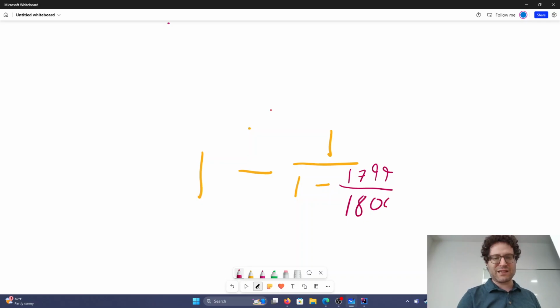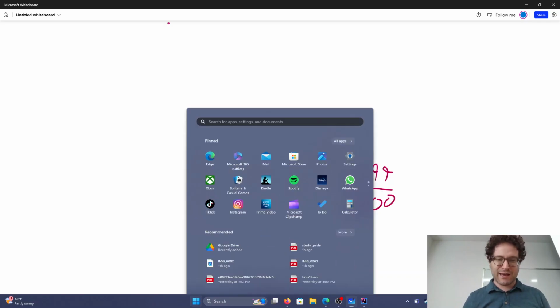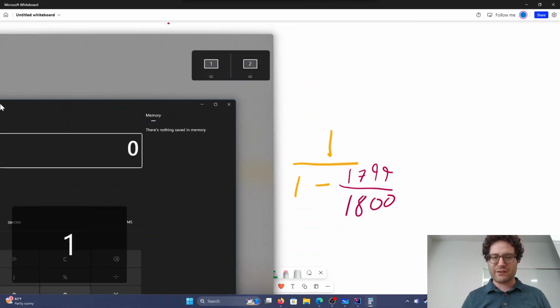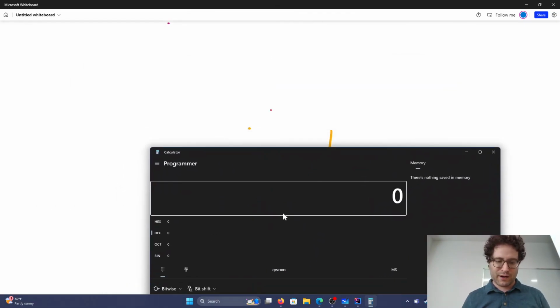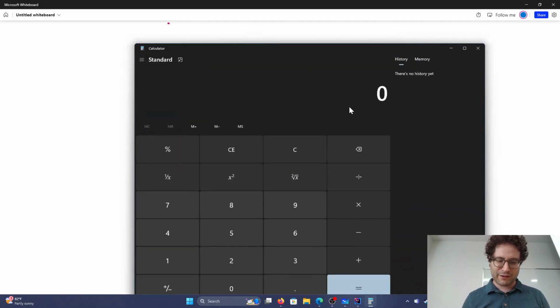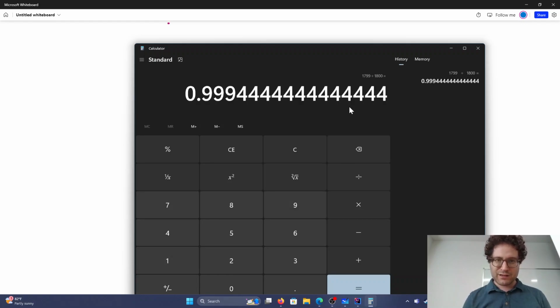So we're saying if this thing is almost completely full, we're going to need our calculator for this one. We won't need it for the other ones, but we definitely need it for 1799 out of 1800. It says I'm in programmer mode, so of course it's not going to give me the real answer. 1799 out of 1800 is 0.99. We're going to just call that 0.999, which means that this is going to be